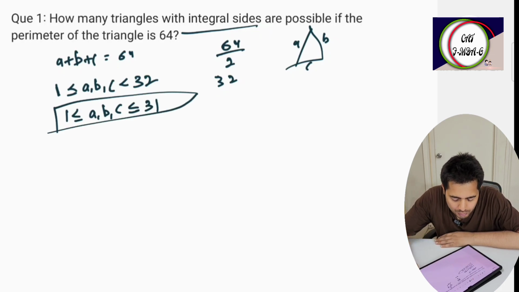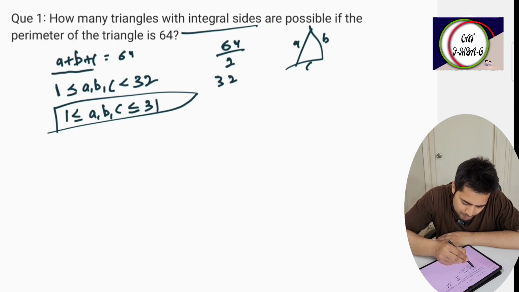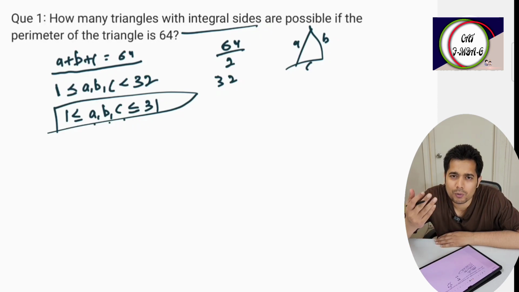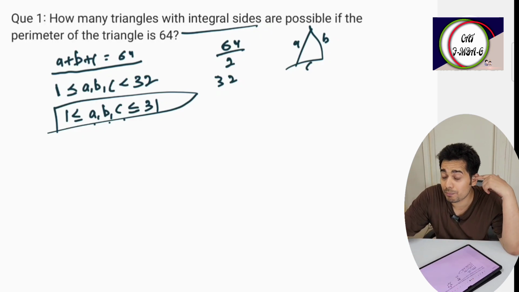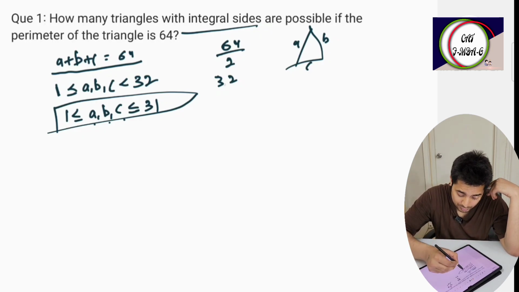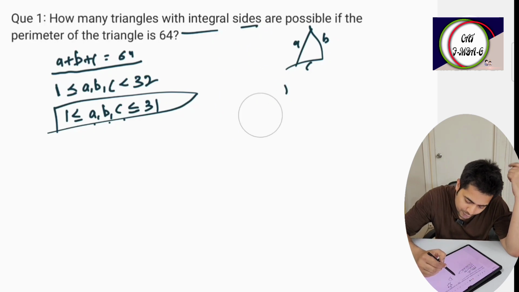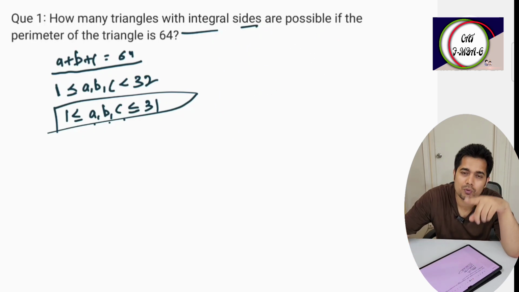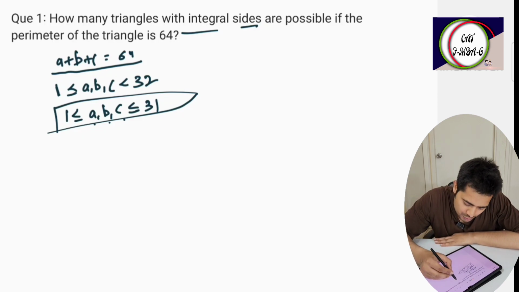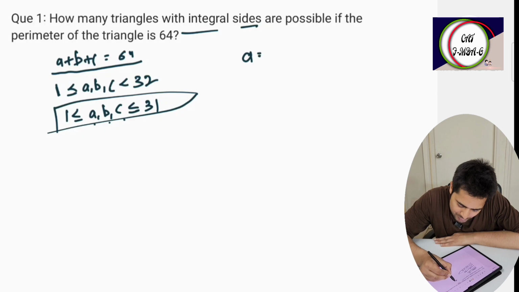Then, since A plus B plus C is 64, if you solve with A, B, C less than 31 in these equations, you are going to get a lot of cases which will lie between 31 and 64. So solutions will be more, and your accuracy will not be right. So every time in these kinds of questions, we have to move towards X, Y and Z. So what we will consider is, let A be equal to